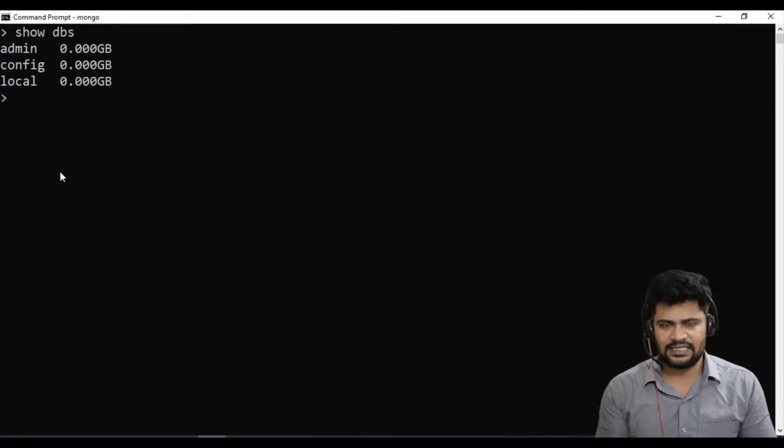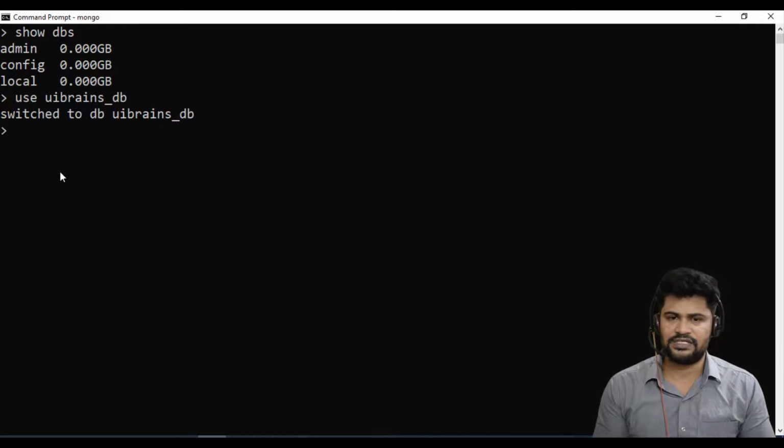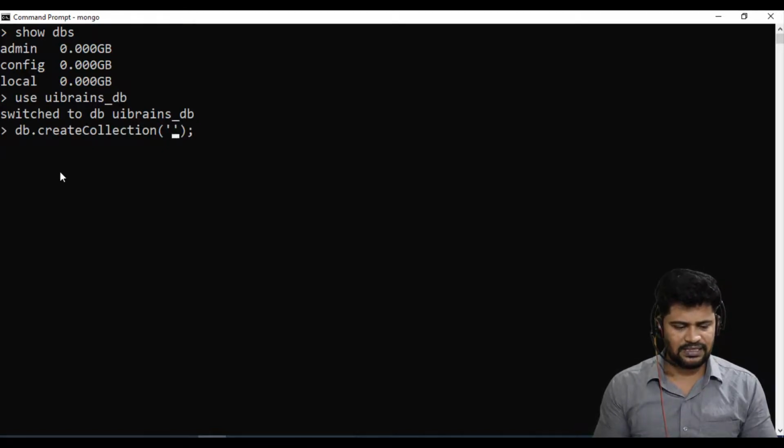Let's make it from scratch again. So use UI brains underscore DB, enter. It is switched there. After that, what I do is db.createCollection of what is your database, what is your table name, right?